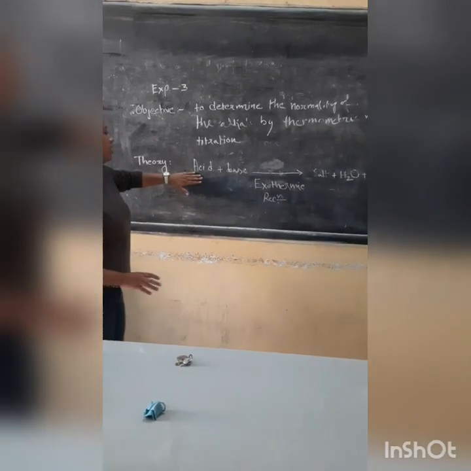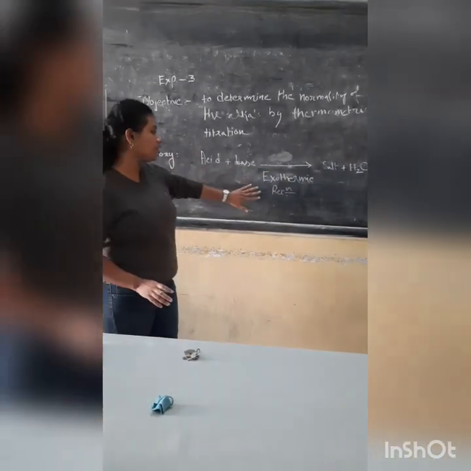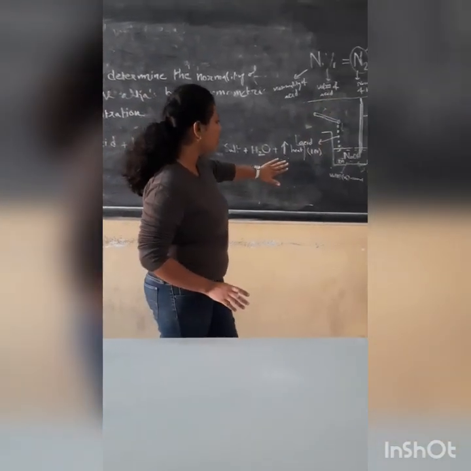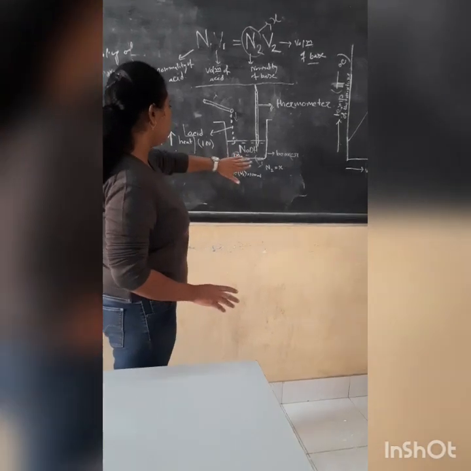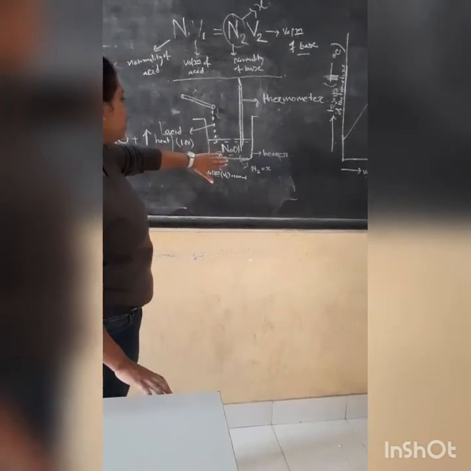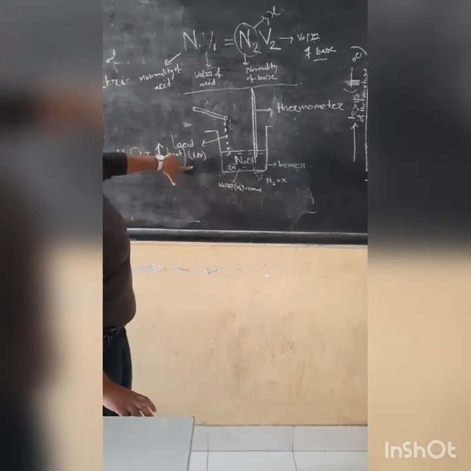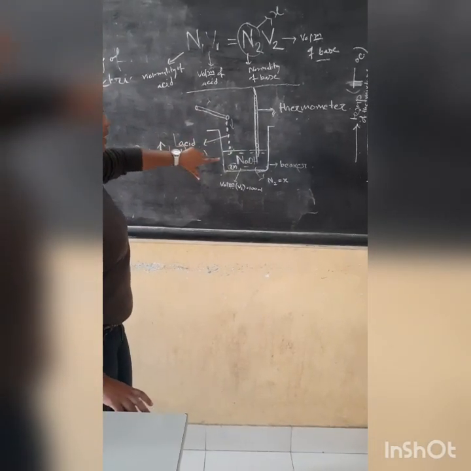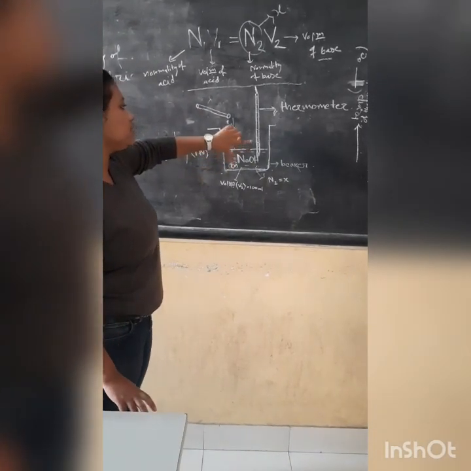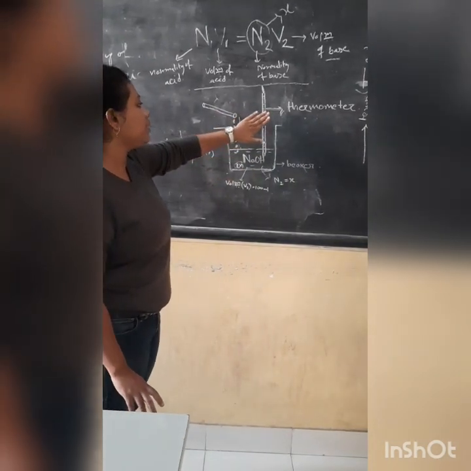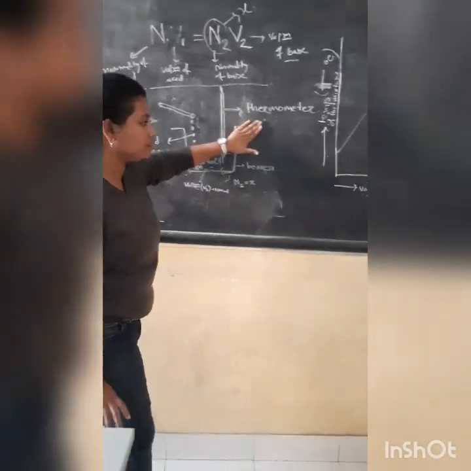A neutralization reaction of acid base is an exothermic reaction. It will always involve some heat. A beaker containing unknown concentration of NaOH solution, when it is neutralized by a known concentration of acid, will always increase the temperature of the reaction mixture, which can be measured by using a thermometer.